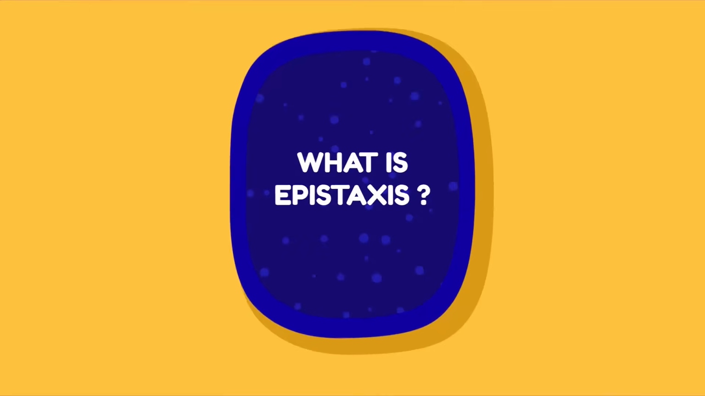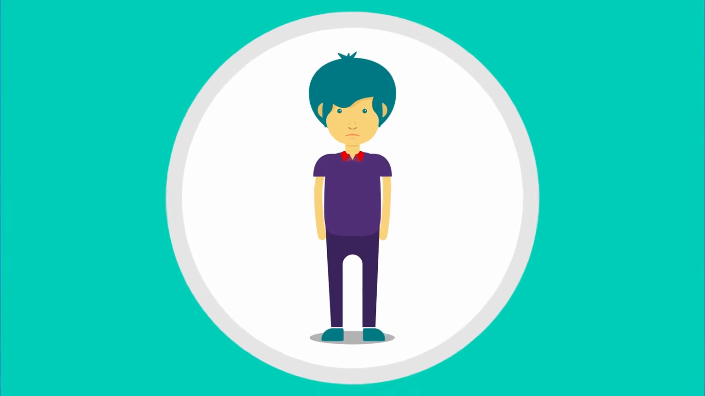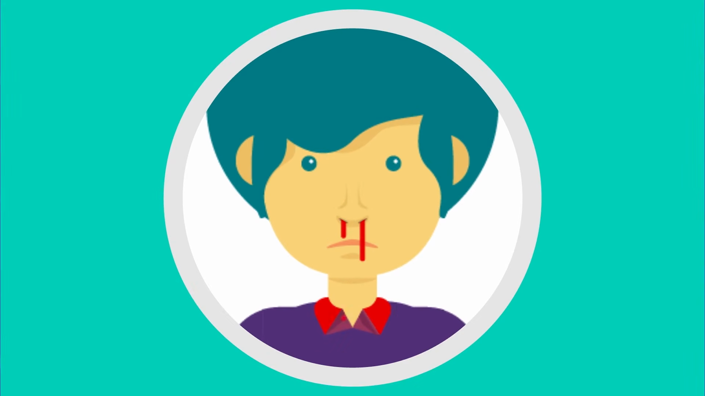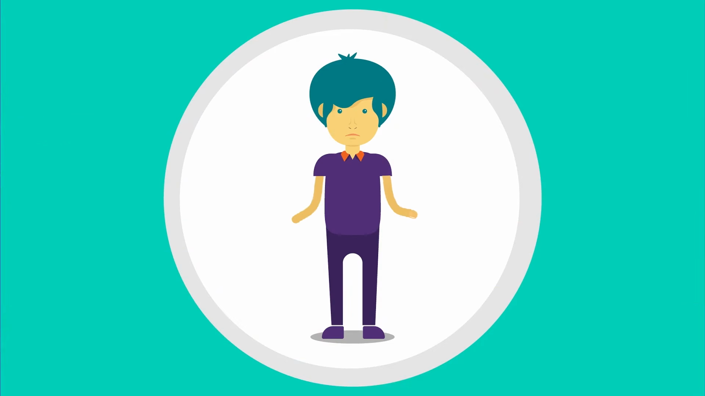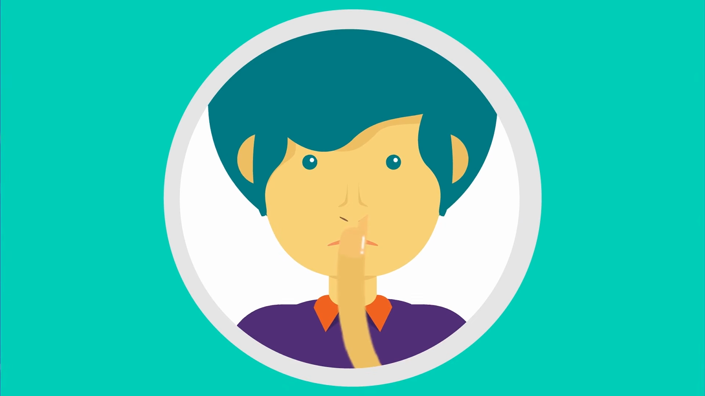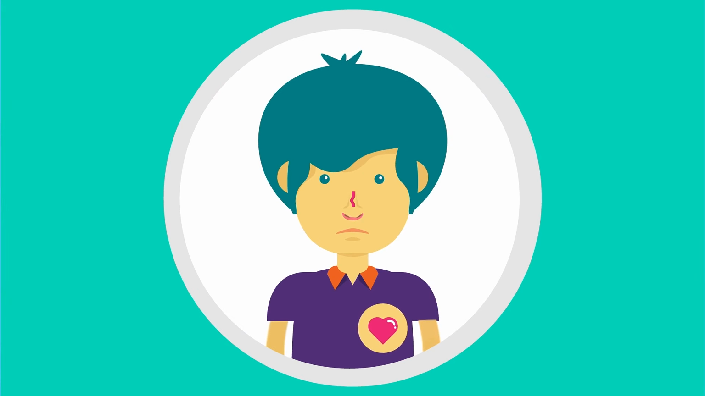Epistaxis. What is epistaxis? Bleeding from inside the nose is also known as epistaxis. Why does it occur? There are many different reasons. Most important ones are among children due to trauma due to nasal picking. Another important cause in children is foreign body in nose, infections of nose, deviated nasal septum, raised blood pressure, kidney